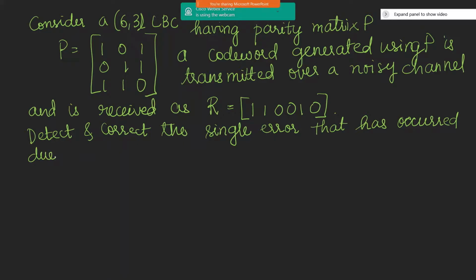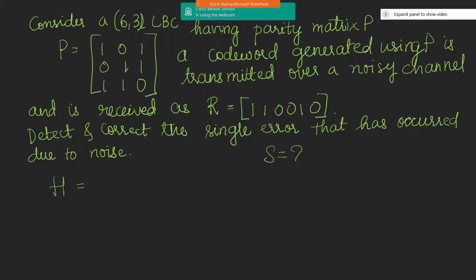Since they have said it is a 1 bit error, we can correct it. If it was more than 1, we will not be able to correct it. We will see why later. So first and foremost, we know the parity matrix. We have to first deduce the parity check matrix, that is H, because to detect the error, first of all we need to calculate the syndrome. They have given us the R vector, the only parameter that we have to identify is the parity check matrix, which is H.